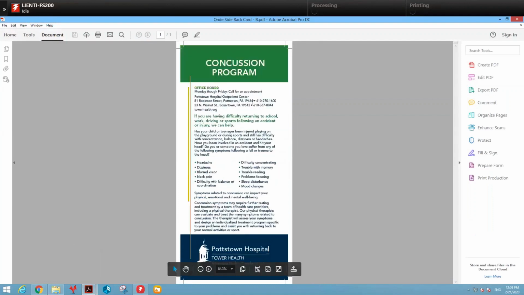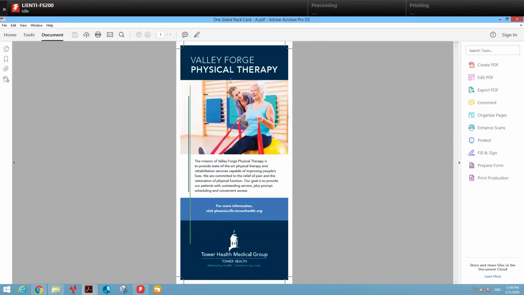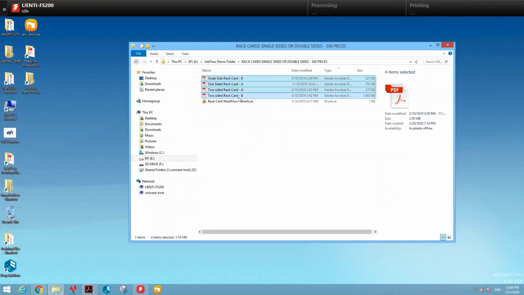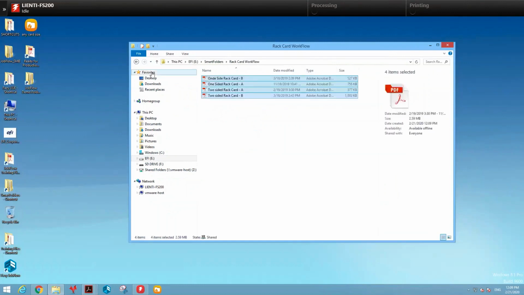I have another one that, again, is a single-side document, okay. Another one that's a single side, another one that's a double side, okay. So when you're doing 50 to 100 of these a day, the last thing you want to do is go in there and figure out which ones are single-sided and double-sided, okay, when you lay them out. So what we can do is, again, we can drop those types of files into a folder. JobFlow will go in, will analyze the file itself and see if it's 1 page or 2, and based off